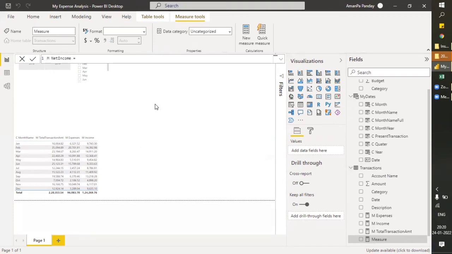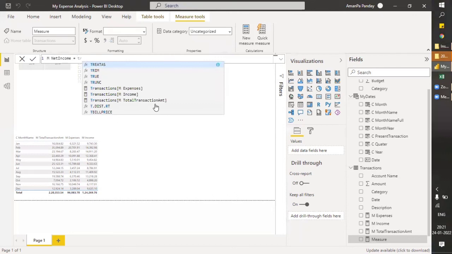Net income equals to, and we have to use the DAX measures which we have created, so just type a square bracket, then it will list out here all the measures which you have created. If you don't want to do that, there's another way: just write the table name, and the table name will pop up whichever measures you have created.